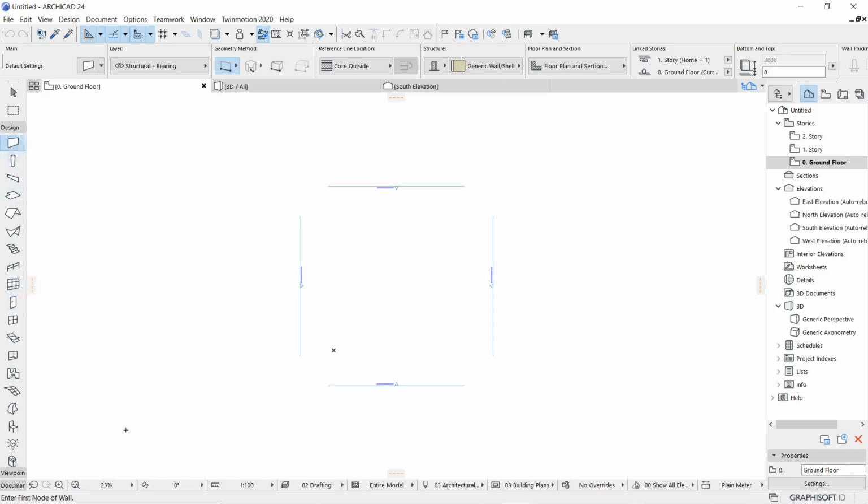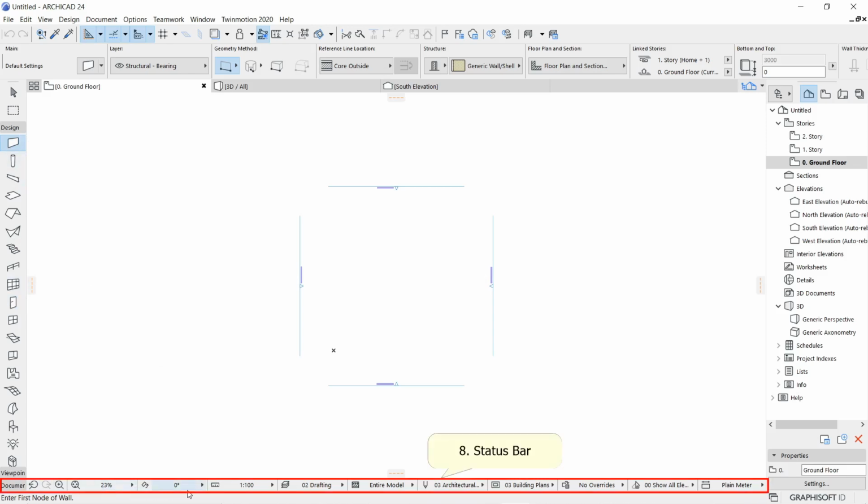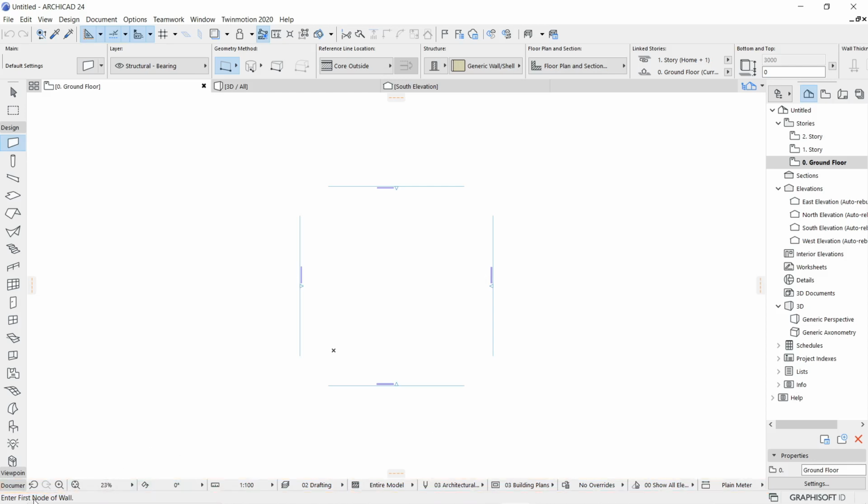Now after this, at the bottom of your screen, you can see there are several things like the scale of the current floor plan is written, or some other wordings you can check out. This area is known as a status bar. So this will show you the current status for your currently open window. That means my current floor plan is arranged for 1 is to 100, maybe the layer combination is so and so, and the pen set is this one, or the zooming scale at present, and so on, so many things. So that's your status bar, at the bottom of your screen.